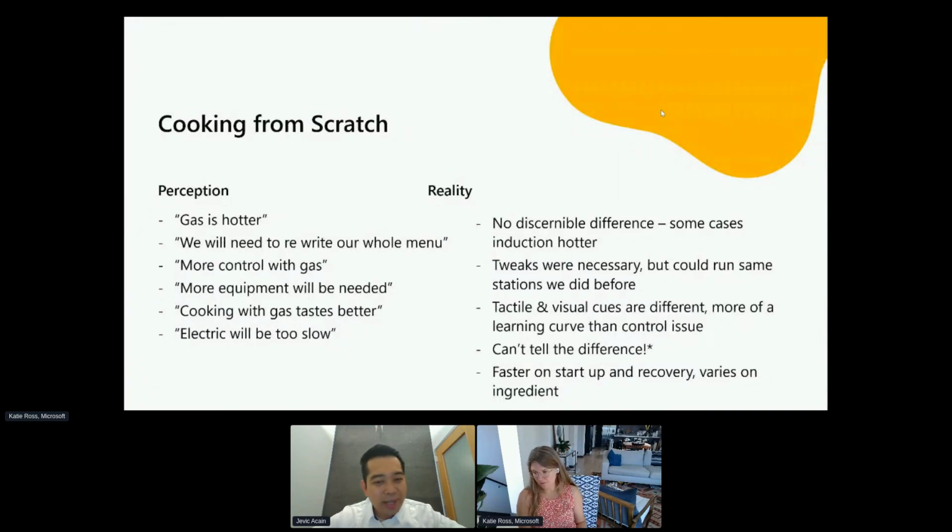It came back again. We tested again and said, you know what, it's there, but it still needs to get reduced down. So we went back and forth on it, and then we found a sweet spot, if you will, where it's manageable, where you're not burning anything as soon as you put it down. It's actually more of a controlled situation. So there are all those processes we looked at, but overall, the reality of it, gas versus electric, there is no main difference in the visuals, because the way we're looking at it is that it's a cooking equipment